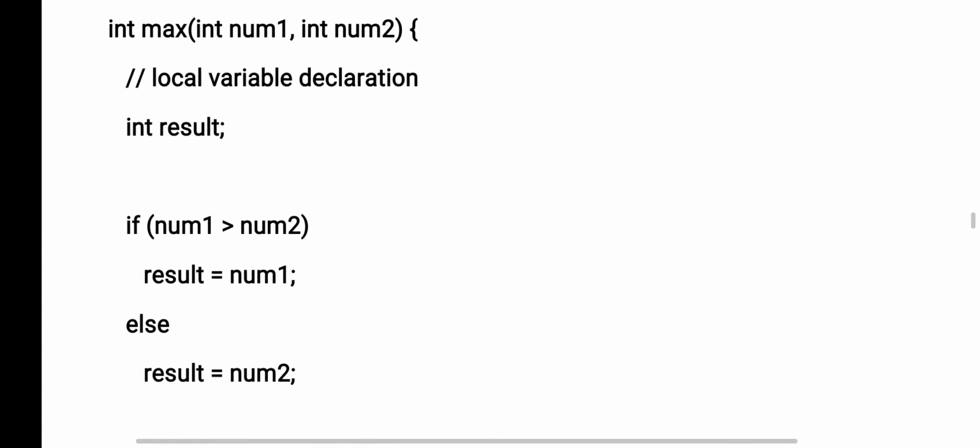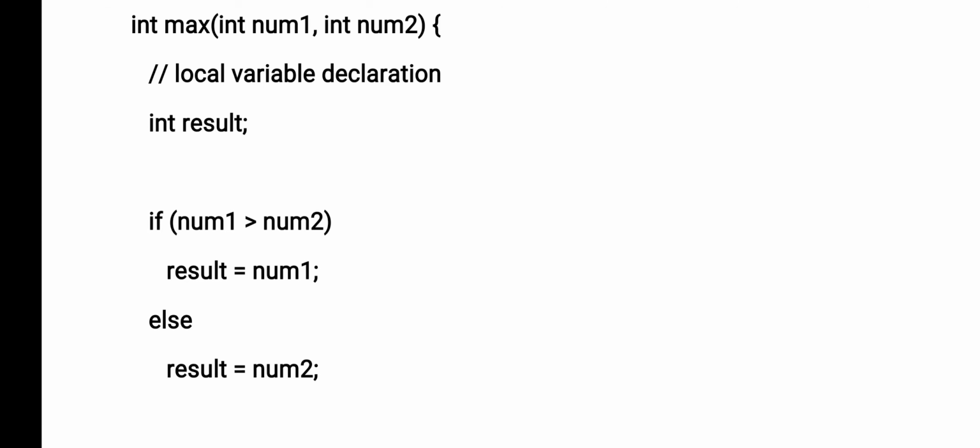Now here, one function I have given. What is the name of the function? Max. And what is the return type of that function? Int. It means when the max function is executed, whatever value it is returning should be an integer. How many values should you give? Two values, because here only two parameters are there: number1, number2. So when you are giving two parameters, at the time of passing also you should give two values. Now here you see int result, it is a local variable.